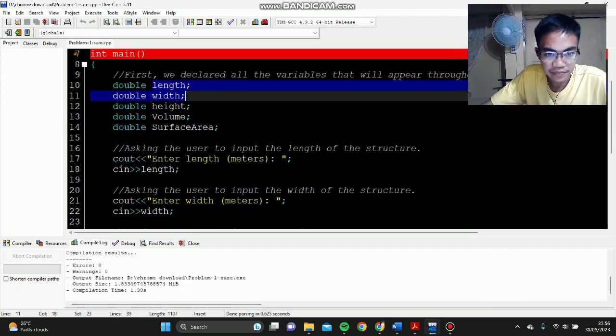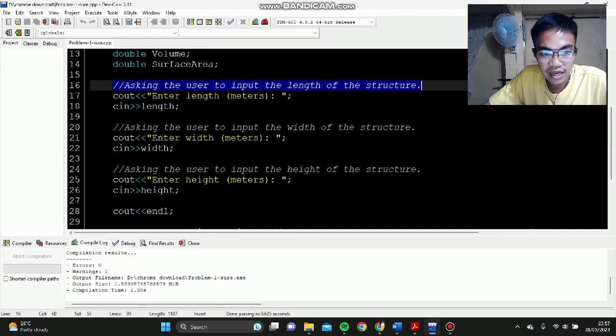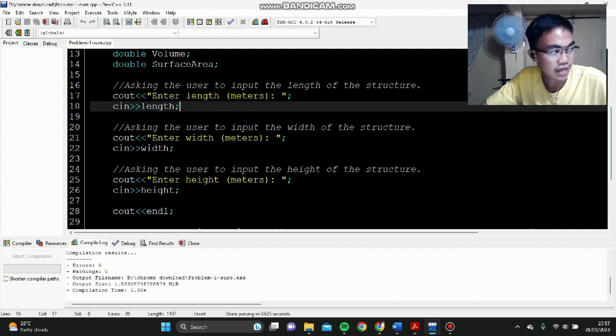And then of course, we will ask the user to input the length, width, and height of the structure. So on this particular part of the code, we have utilized the cout, or what we call the display variable, which basically prints the text that asks the user to enter the length, width, and height of the rectangular prism or structure in meters. And then for the user to actually input the length, width, and height, we have utilized